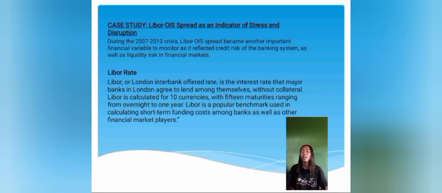So LIBOR rate is the rate of interest at which banks offer to lend money to one another in the wholesale money markets in London. It is a standard financial index used in US capital markets and can be found in the Wall Street Journal. So in general, its changes have been smaller than changes in the prime rate.